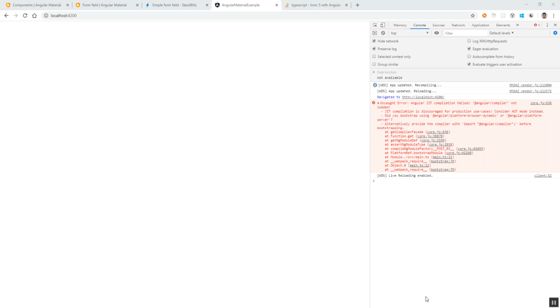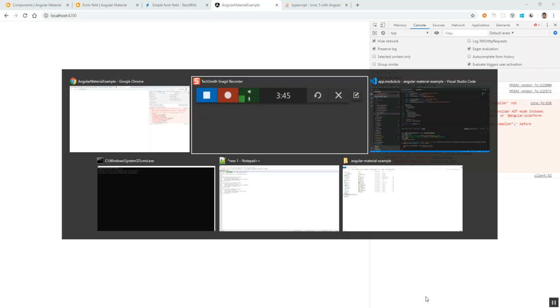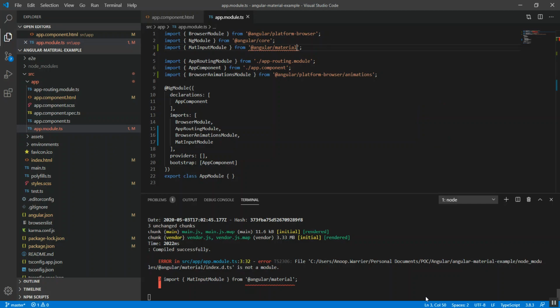If we see the console, we have an error: Angular JIT compilation failed, Angular's compiler not loaded. So let's see our application code again. There is a compilation error shown in the console.